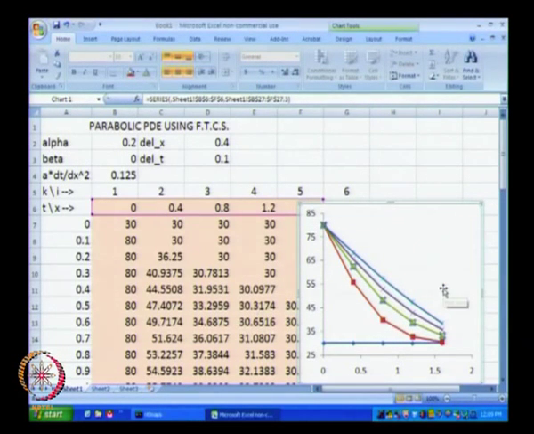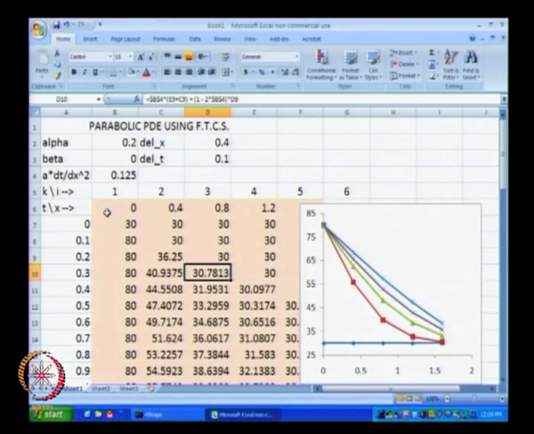Okay. So this is how the initial condition is, this is how the final temperature is going to look like, and this is how the temperature is changing at various times along the location in this particular rod. So that is how the solution evolves in time, and this is how the solution looks like in space at various different times. Okay. So, this is the solution that we get when we have started our system at t equal to 0